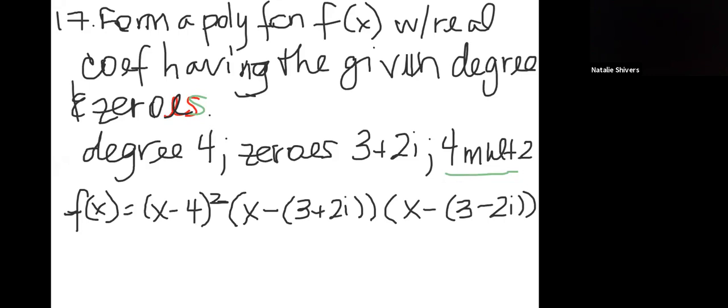Okay, so what I'm going to do here is change the signs in the last 2 parentheses. So I'm going to simplify these before I do any multiplication. So I'm going to get x